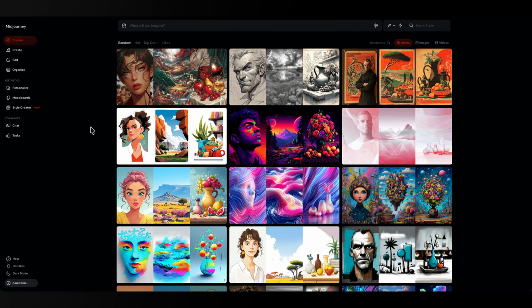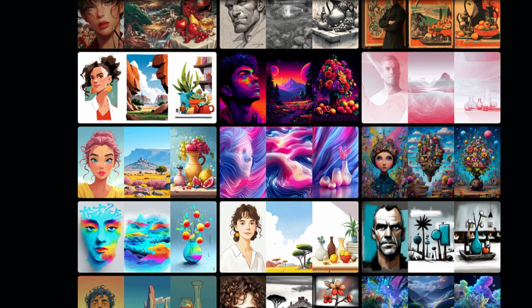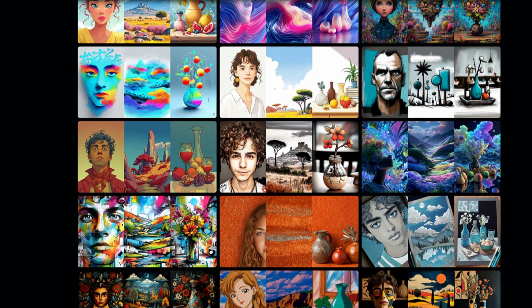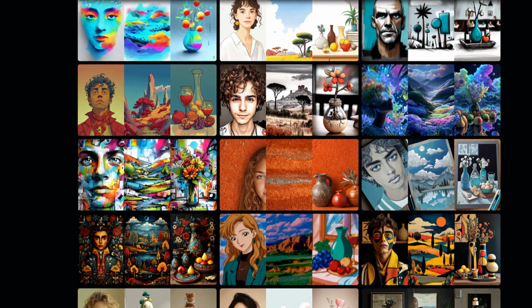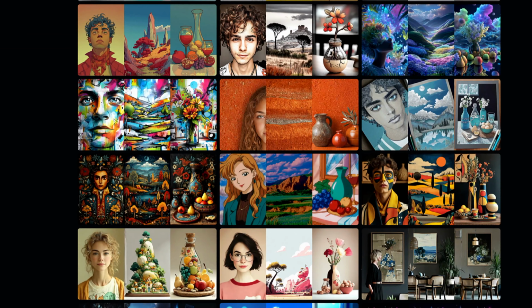Before we begin, I want to show you really quickly why this workflow is very important for AI filmmaking. And right here we're in Midjourney and we're under the styles tab that they have, and as you can see just from the face of it, Midjourney has some of the best styles out of any AI image generation tool out there, hands down. I've not seen these type of styles that look this cinematic and this aesthetically pleasing with